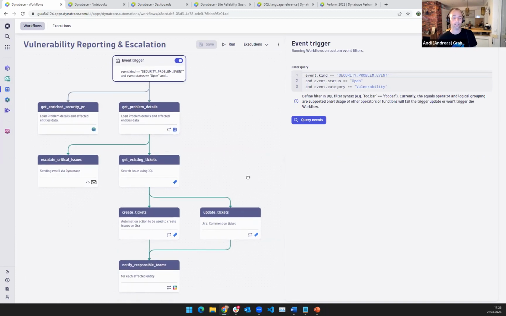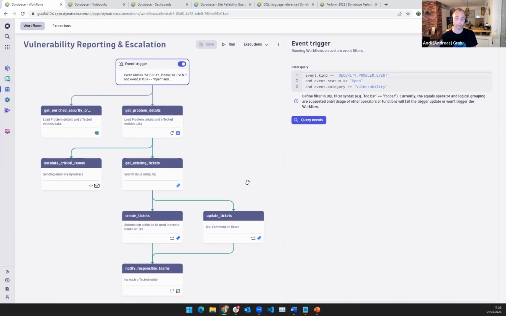And the use case that these guys created, and I can highly recommend it because they built the whole thing from scratch in that breakout, is an end-to-end use case that is creating and escalating critical security issues to the right people, right? Depending on the escalation level, they either send emails, they create Jira tickets, or they're sending notifications to Slack, to the responsible teams. Now, this is a finished workflow, but let me actually go back and create a workflow from scratch.